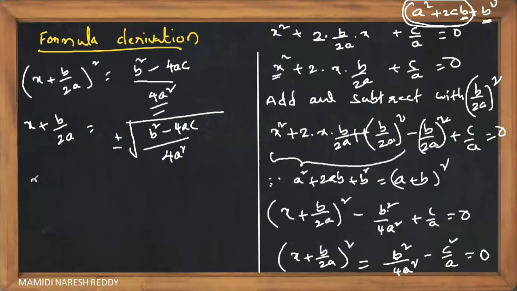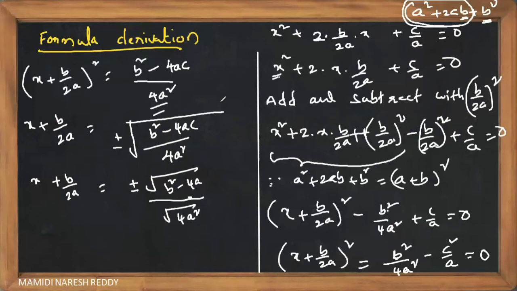Now children, see x square plus b x plus b by 2a as it is, I'm writing. Now, plus or minus under root of b square minus 4ac. It means the square root, I am distributing the numerator and denominator. And this denominator, 4a square, we can write as 2a whole square. Can I write, children? Yes, sir. Why? Because 4 can be written as 2 square and a square is already there. So there is a square for 4 and 2 and a. So I have taken the common square for the 2a.